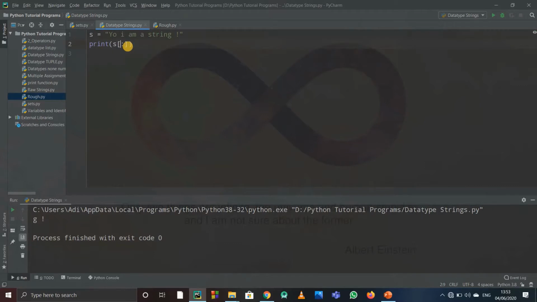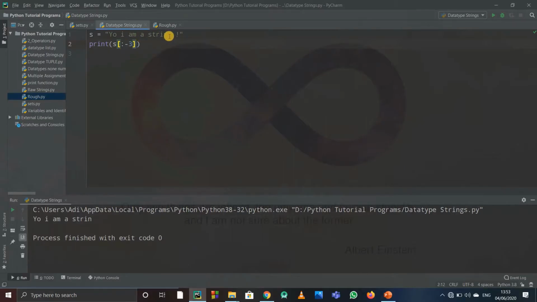But now see, if I print up to -3, it will print out up to n. It will print up to n because now, if I write -3, -3 will not get included. So the index before it will get included. What is the index before it? -4. So -4 will get included, and it will start from 0 as I told you, or here the negative element, that is negative whatever the length of the string. So from here it will start and print up to n, excluding -3. So these are negative indices.